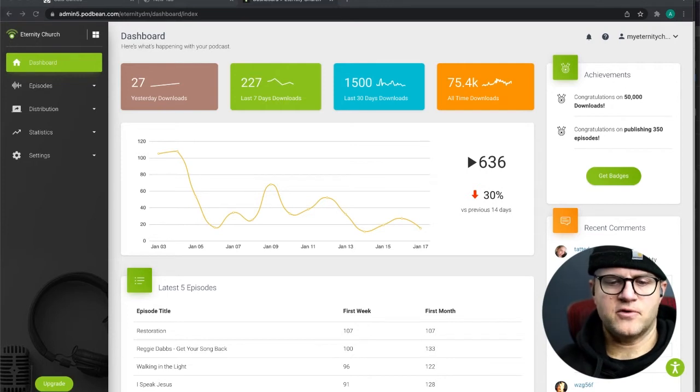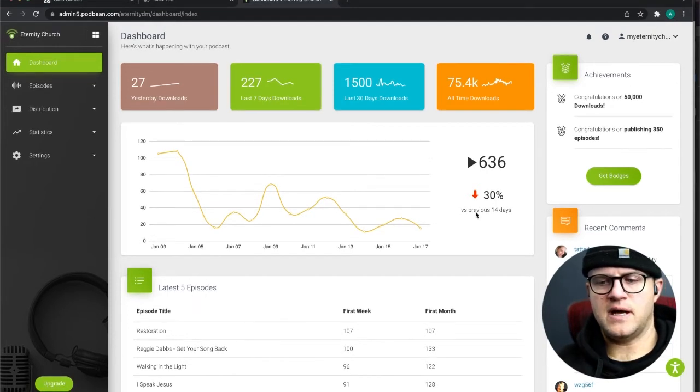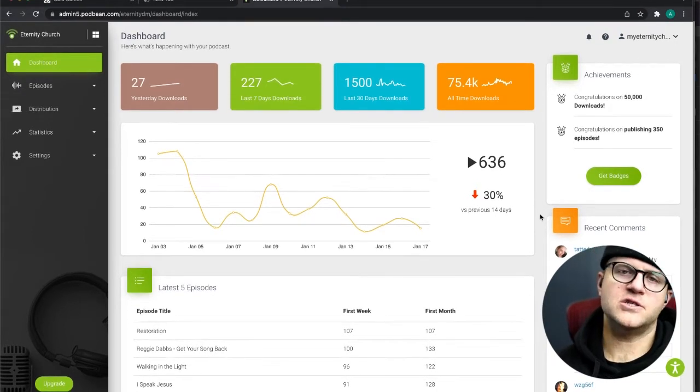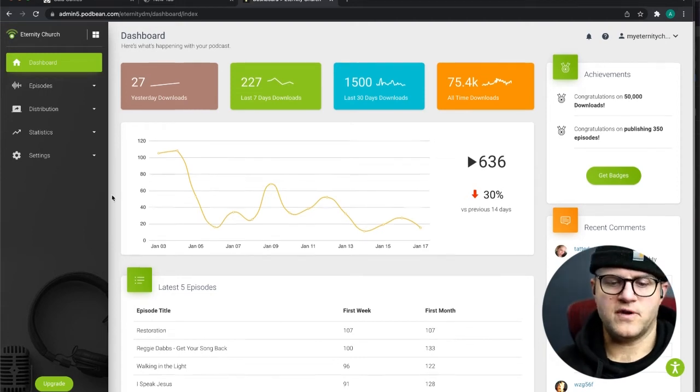So in Podbean, you get some great analytics on your podcast. You get some achievement badges, which is cool. It helps you show your leadership how well the podcast is doing. I think this time of year, it's early to mid-January, you get a bit of a lull in your analytics, but overall, we've gotten 75,000 plays, which is fantastic. 1,500 in the last 30 days, which I think is just phenomenal.